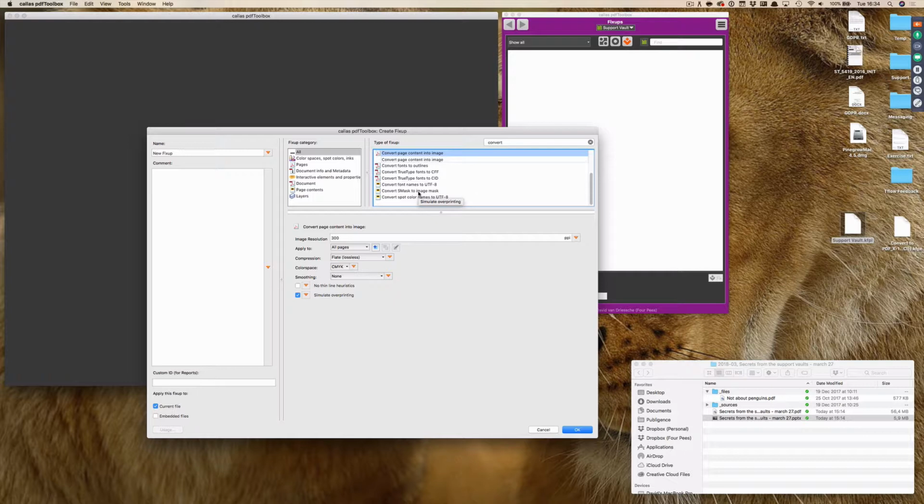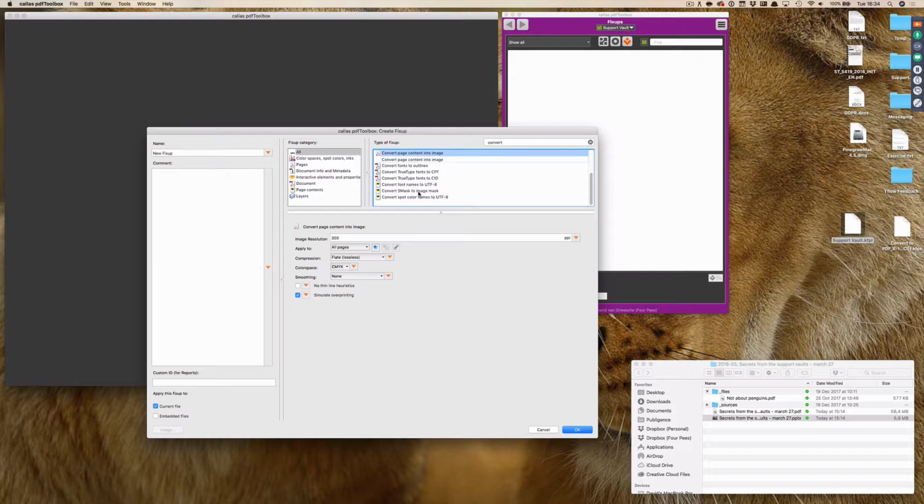What this one does, as you can guess from the name, is it will take the pages in a PDF document and it will convert each page into a single image. So it basically rasterizes everything on the page